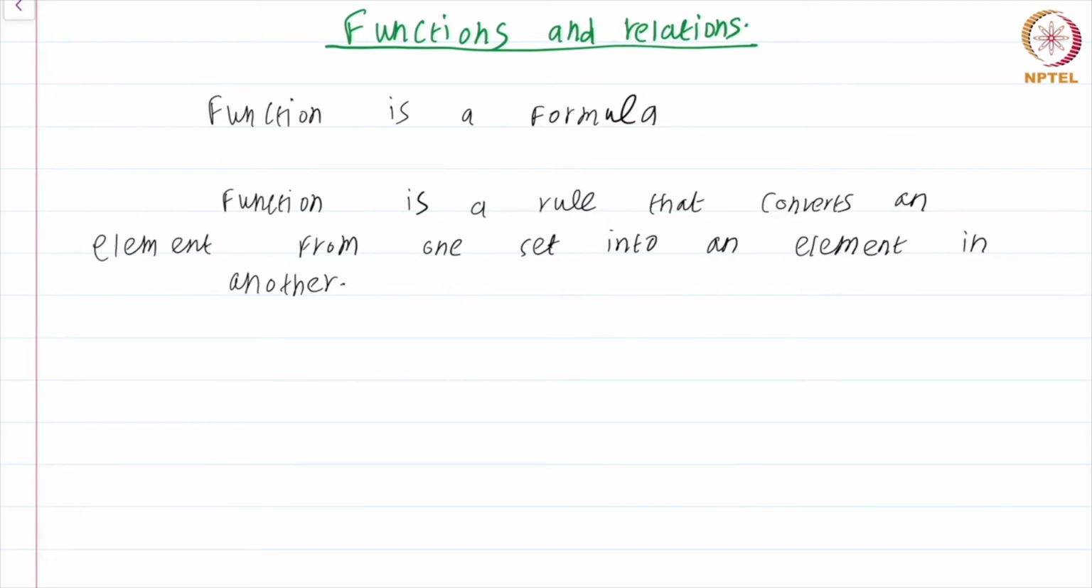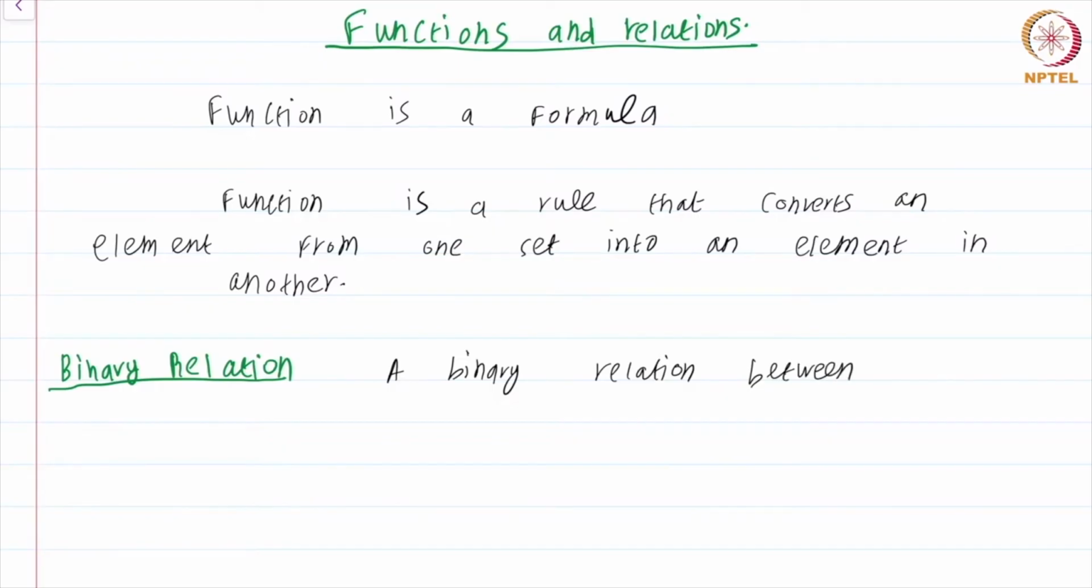How do you make this idea precise using set theory specifically? To do that, first, let's take a more general concept, that of a relation. More precisely, the notion of a binary relation. A binary relation between the sets A, B is a subset of